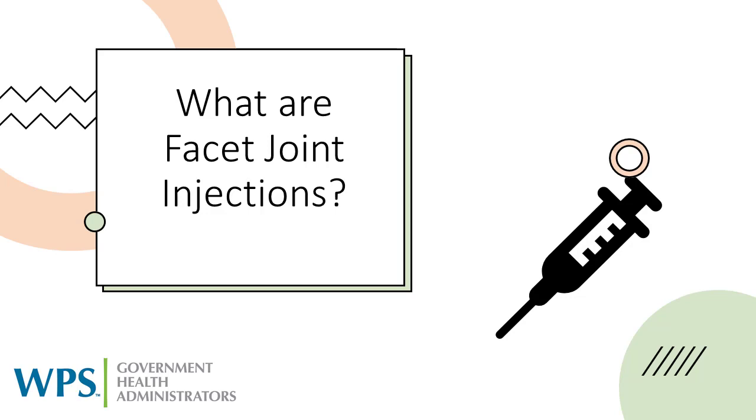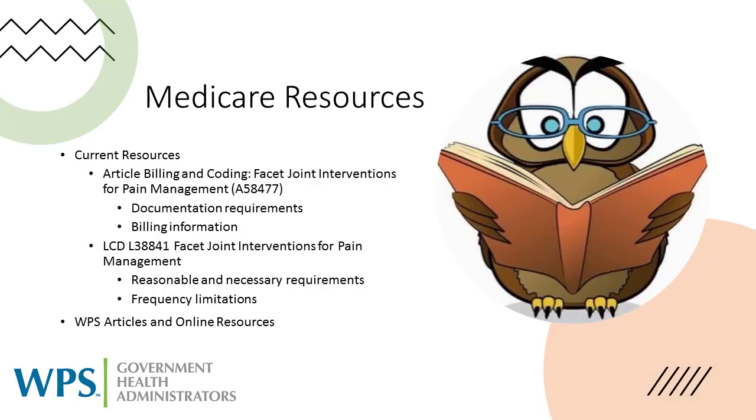This is a general term used to describe the injections of local anesthetic and possibly a corticosteroid in the facet joint capsule and along the medial branch nerve supplying the facet joint. Facet joint interventions may be used in pain management for chronic cervical, thoracic, and back pain arising from the paravertebral facet joints. Current resources from CMS and WPS on these injections include Article